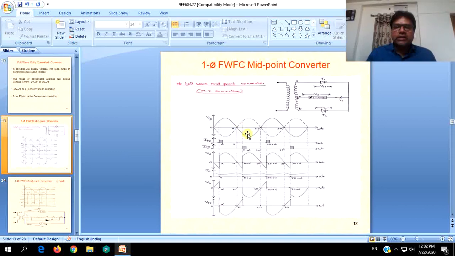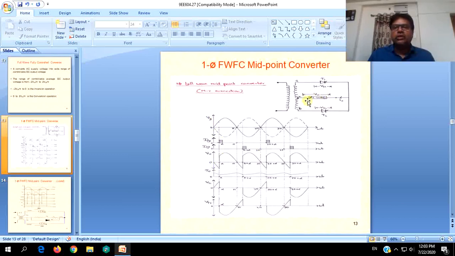So this negative half cycle will be converted into a positive half cycle, and this load will be getting a UDC, unidirectional current. The other things can be understood according to what we have discussed in the previous sessions. In the positive half cycle, SCR1 is triggered at an angle alpha. In the negative half cycle, SCR2 will be triggered at an angle pi plus alpha, and the cycle continues. From 0 to alpha, the load will not be getting any voltage, totally blocked by the SCR.